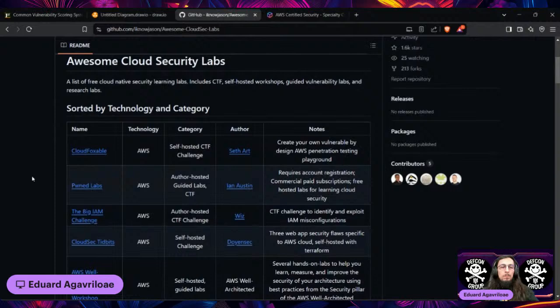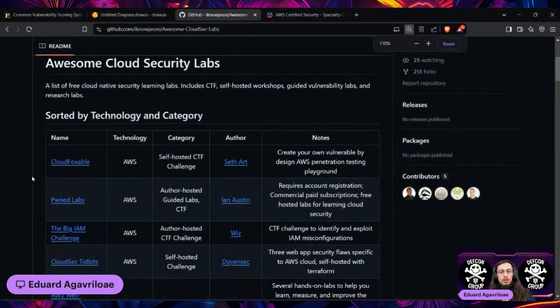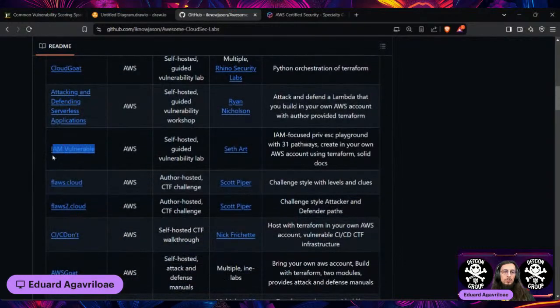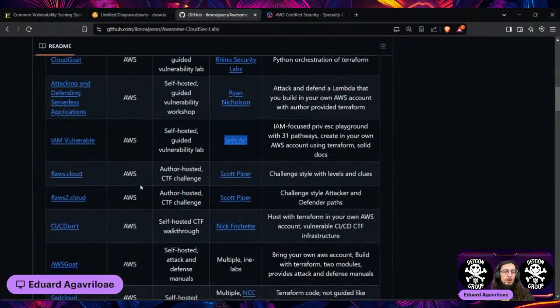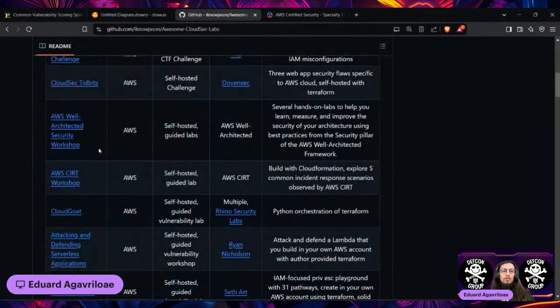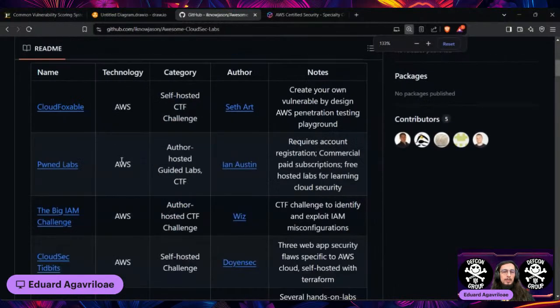So, for example, last session, I gave access in an AWS account that had some adjusted versions of IAM Vulnerable done by SetArt and SetCloud done by NCC Group. So the environment was based on these two labs that were deployed with Terraform in my own AWS account. But as you can see, you have other labs here as well, and